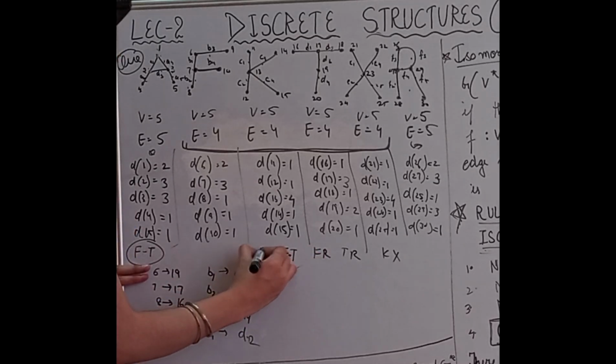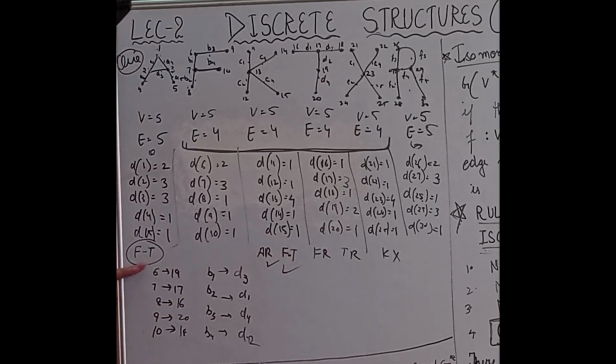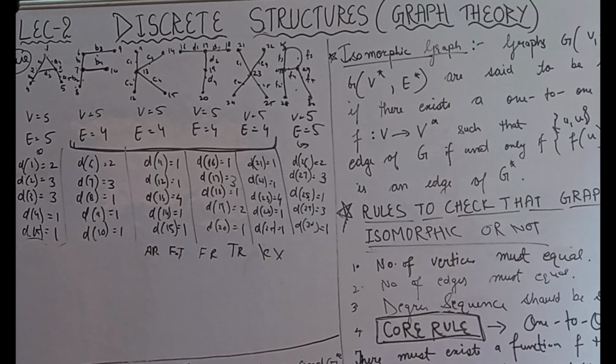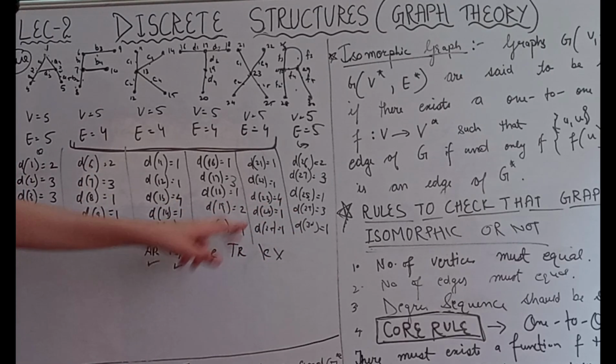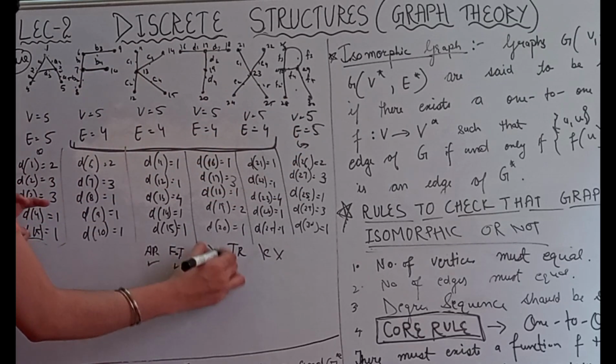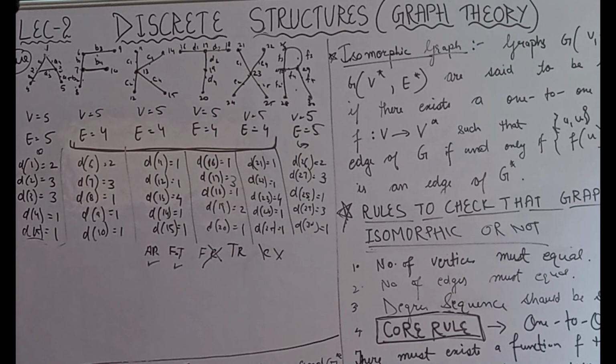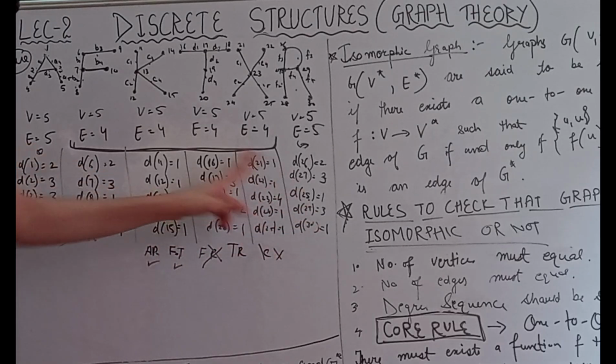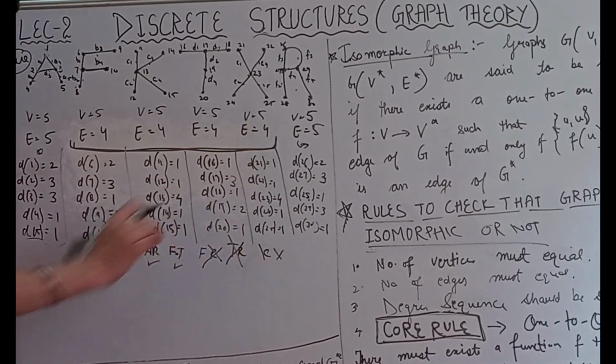This is also isomorphic. The A and R pair is also isomorphic. So let's check for the rest. In this pair, I have found A and R is isomorphic, F and T is isomorphic. So these are the mistakes which most of the students make in the exams. They check the pairs which do not have the same degree sequence. So F and R, if we do it for F and R, they do not have the same edge set, so this is not isomorphic. We do not check these ones. And T and R also do not have the same edge set, so these are also rejected.